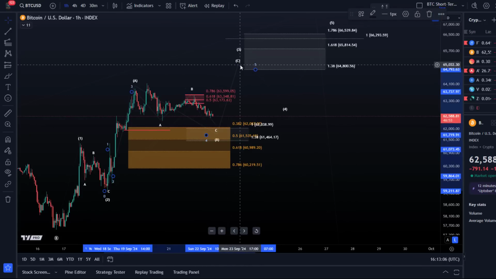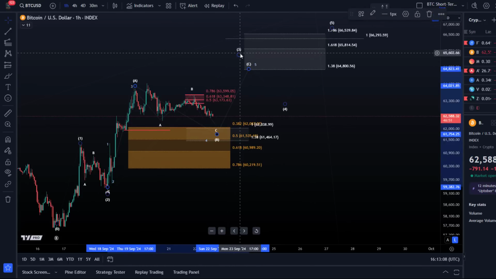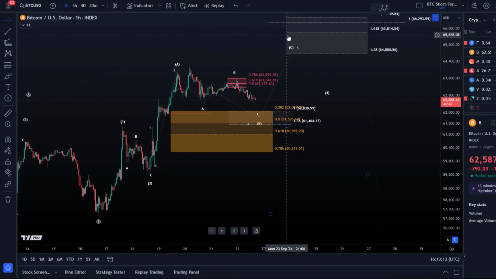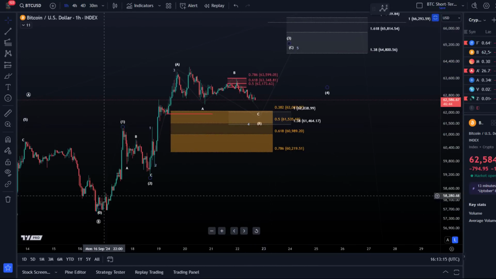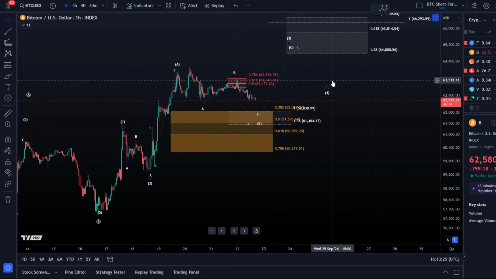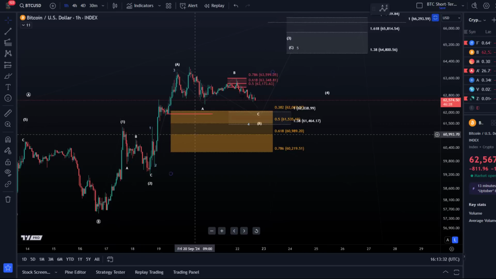That would be wave 5 in blue or wave C in white, wave C of 3 or wave 5 of 3, depending on if I'm counting wave 3 as a diagonal or as part of a diagonal as an ABC structure, or if I'm counting wave 3 as part of a larger impulse. I can make a case for both scenarios. I would slightly prefer the ABC structure, it just looks more probable to me,